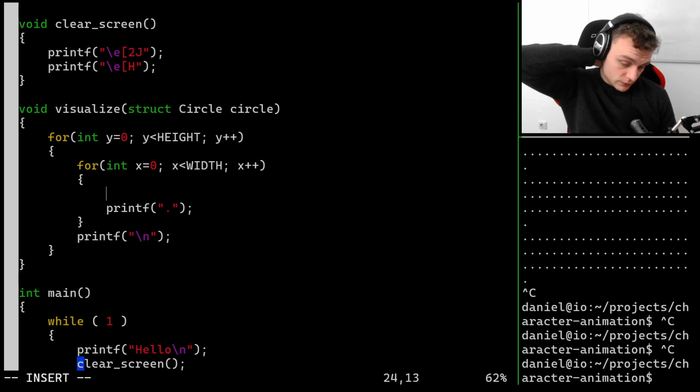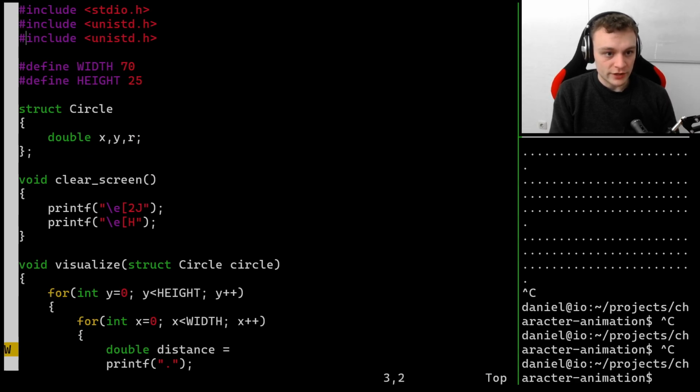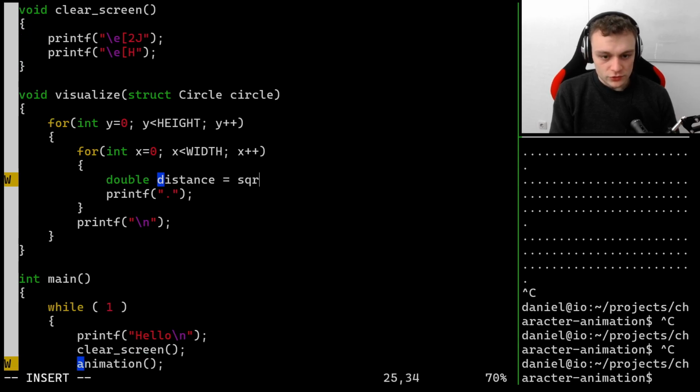It's quite simple. Okay, we need a new variable, double distance. We need a bit of math right here. Math, like that. We're going to calculate the square root of